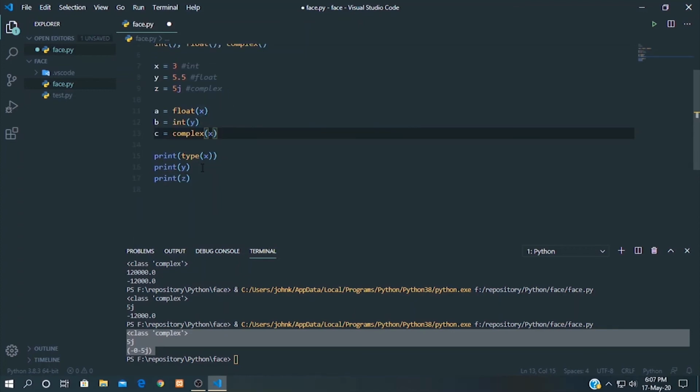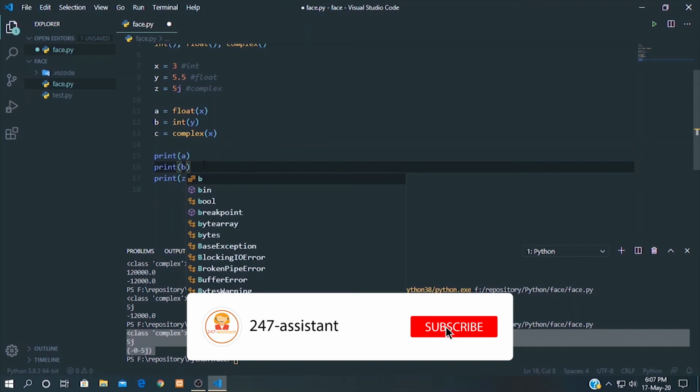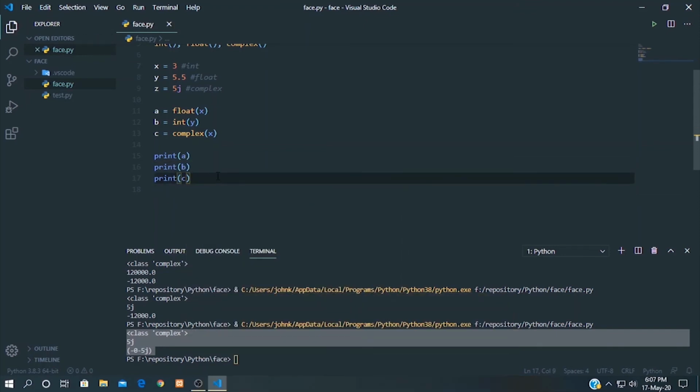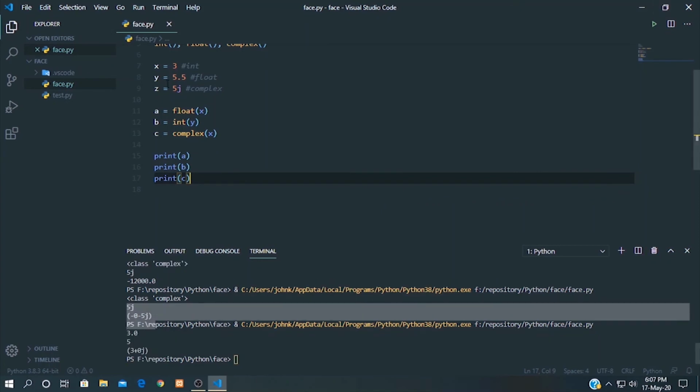Let's print a, b and c. Okay, the a variable should be float now, so this is a float 3.0, and 5.5 should be integer 5, and the c variable should be complex, so 3 plus 0j.